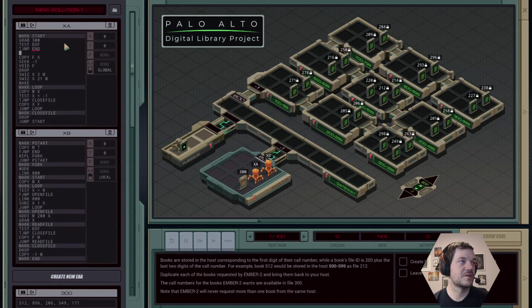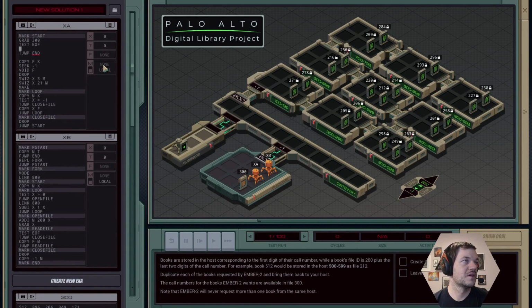Otherwise, on local mode, we're going to send a truth value. Okay. Oh, I guess what I could do here is test EOF, copy T to M,